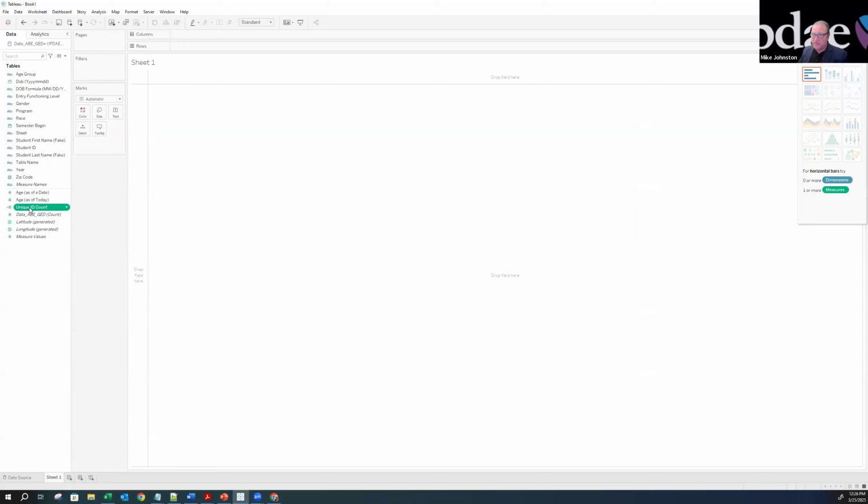So let's go ahead and reflect on our age group calculation. We want to see how many students we have by our age group. So I can go ahead and left click on my age group. I can left click on my unique ID, and notice Tableau is going to give me some ideas about how to create some visuals. So I don't have to worry about doing this myself. I can just use the basic natural intelligence of Tableau, and I can say, you know what, I want to try and see, what does this one look like?